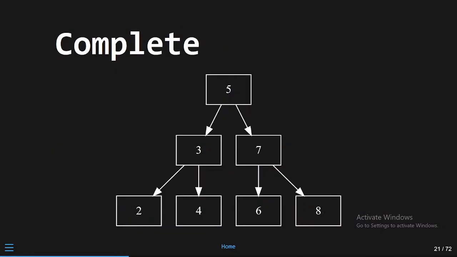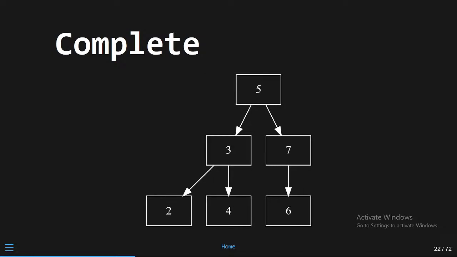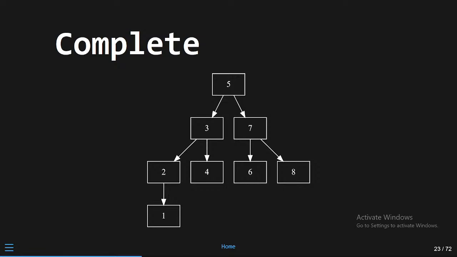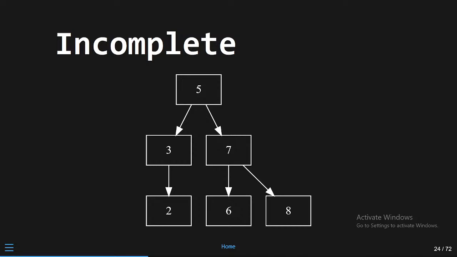This tree is complete. It is complete because every node has 2 children or is a leaf. Very simple. This tree is also complete, and it is complete because the last layer is as far left as possible. This tree is also complete because the last layer is as far left as possible, and above the last layer we have an inarguably complete tree. So you can always take a complete tree, remove rightmost leaves, or add leftmost leaves. That's fine. This tree is not complete because it's missing a left